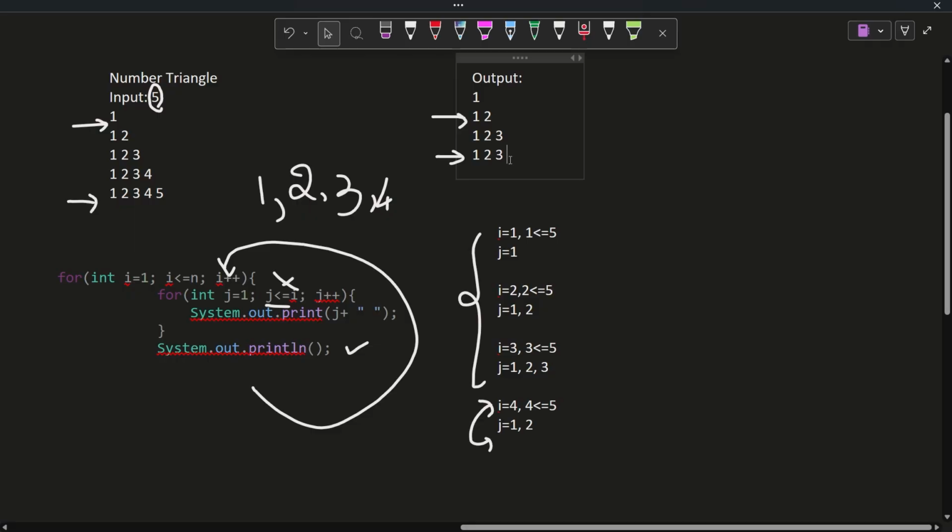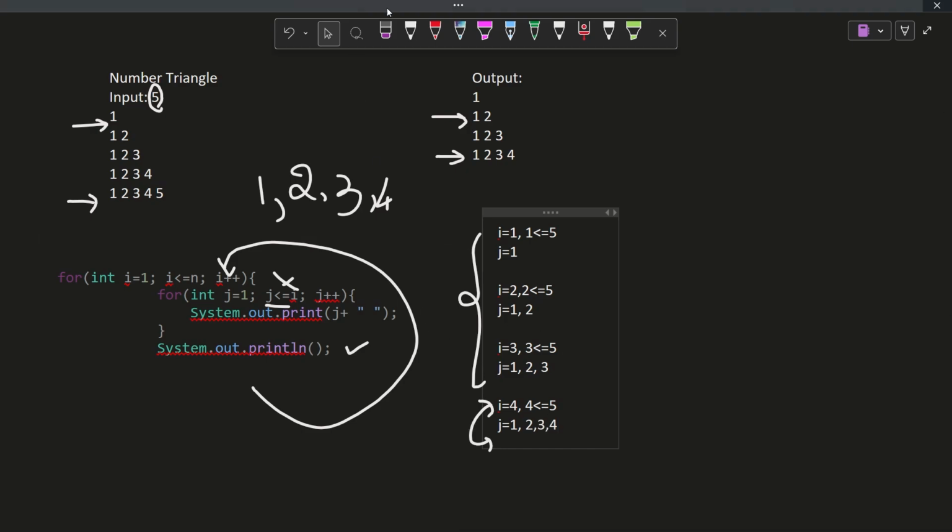Next when j is 4, 4 is less than or equal to 4, the condition is true, and finally even 4 gets printed. Clear? And when j is 5, the condition becomes false, and the console will be pointing to the fifth row, that is the blank statement will get printed, and the final value of i would be 5.